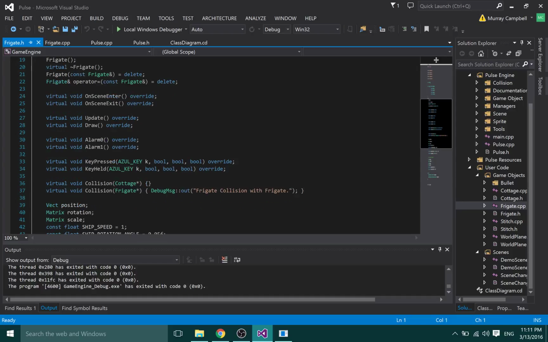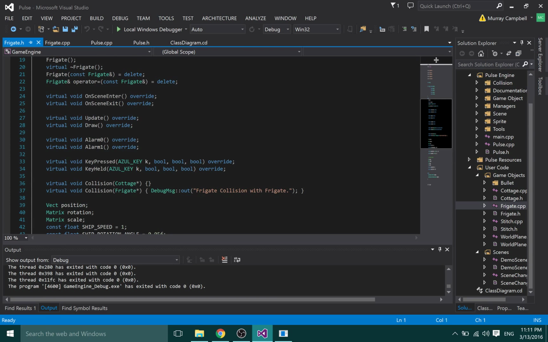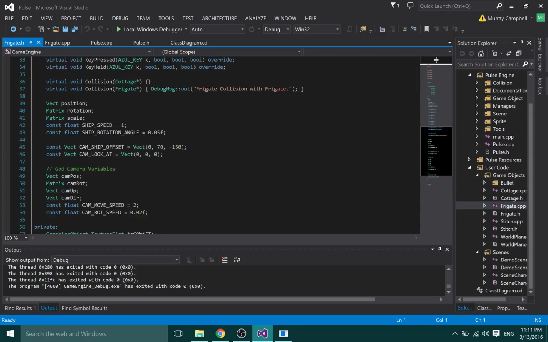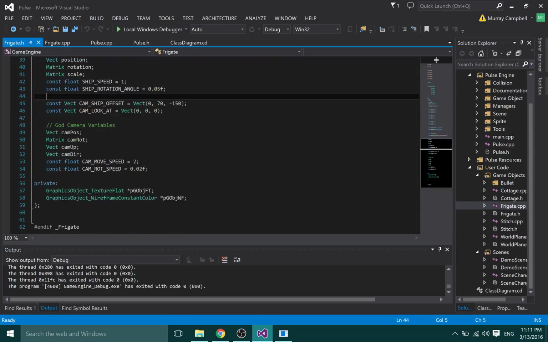On top of that, the user defines an on-scene enter and on-scene exit function for when the object enters the scene and exits the scene. The functions that it registers for are defined here in the header file as well. We can store some other game-specific values for use within those update and draw callbacks and all of those functions, and then we can also define